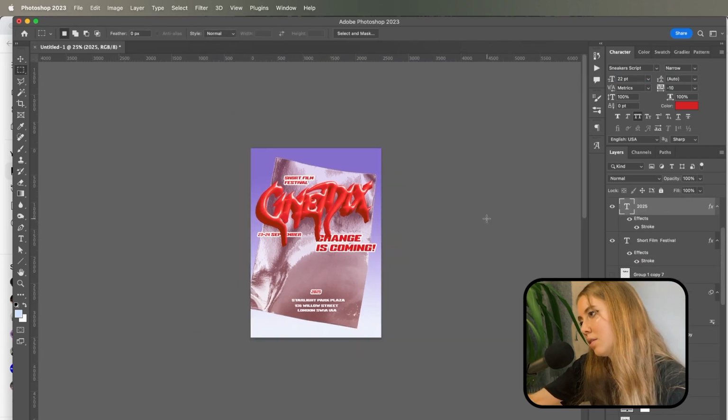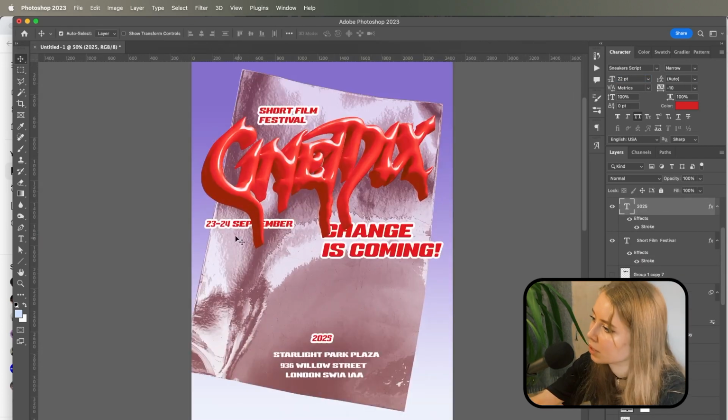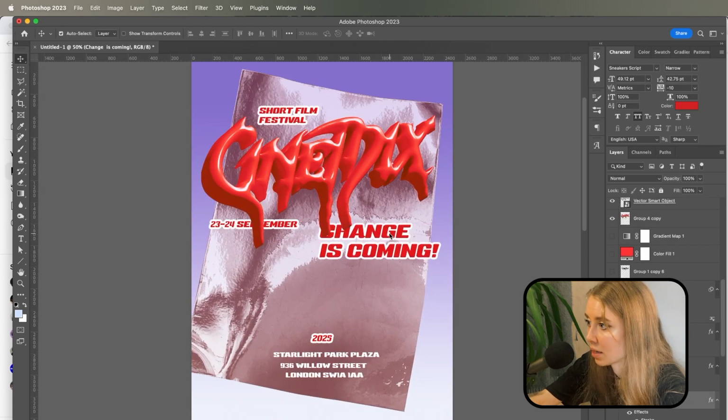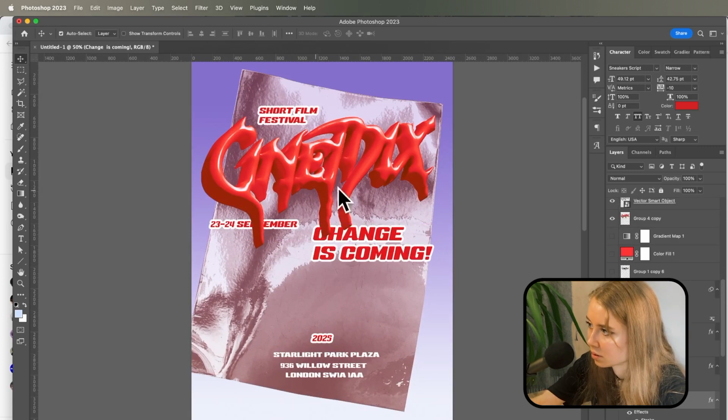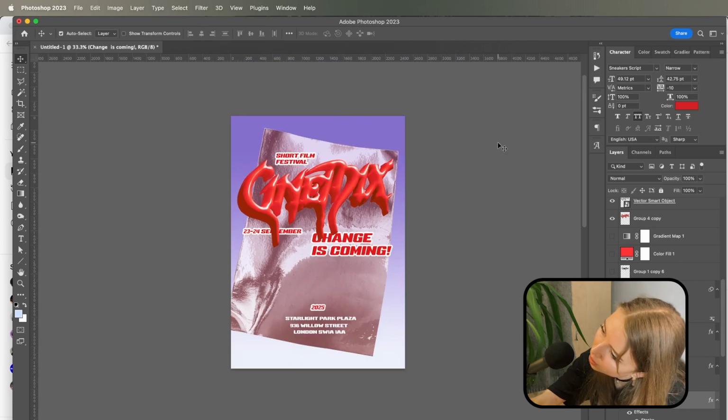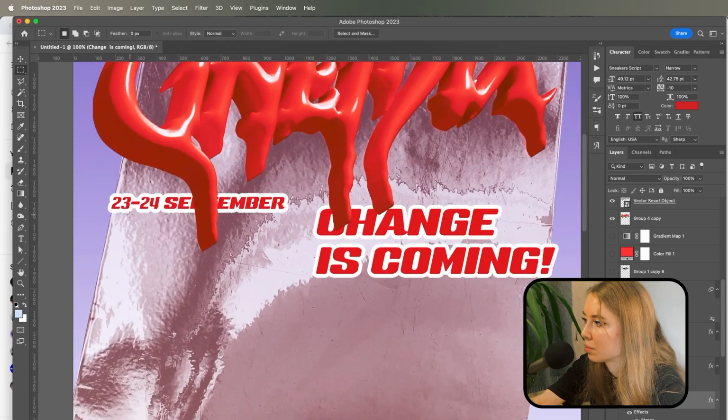Okay, I think this positioning looks pretty good because this reminds me of a magazine cover when you see the main title is normally somewhere here and everything else is on the sides normally, not in the middle of the poster. I'm pretty happy with it, but also a couple of changes.